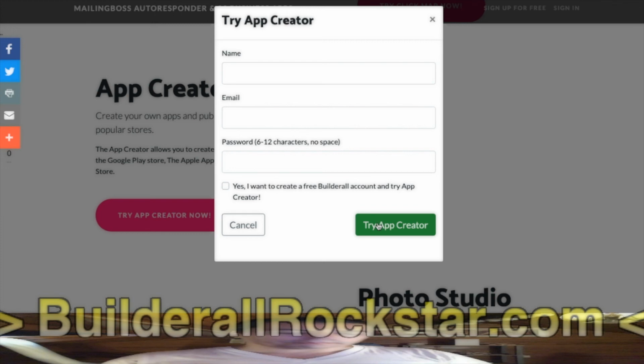You know, I didn't mention it before, but that's important. When they want to try App Creator, they will try it immediately because it opens a 7-day free trial account of Builderall and redirects to the page about this tool, App Creator. So if you know Builderall, you could say, yeah, but at first when we create an account, App Creator is not installed in our dashboard. But you have to know that, in fact, all the apps are already installed in Builderall.